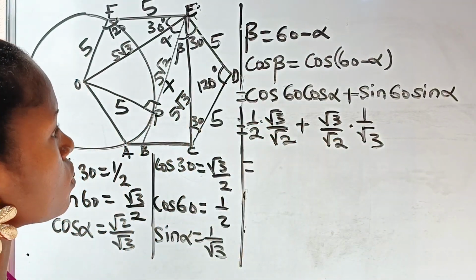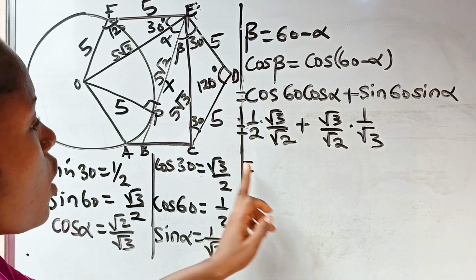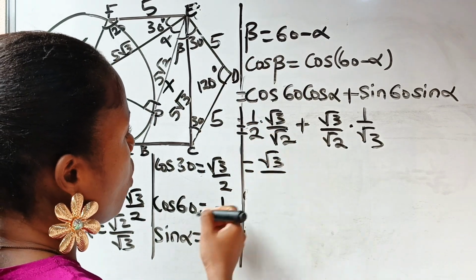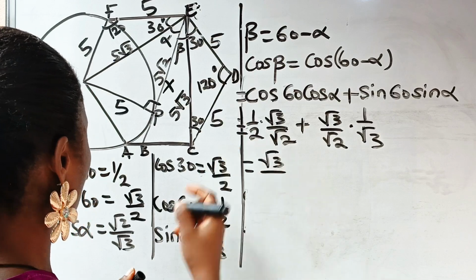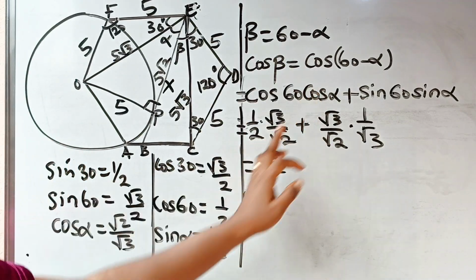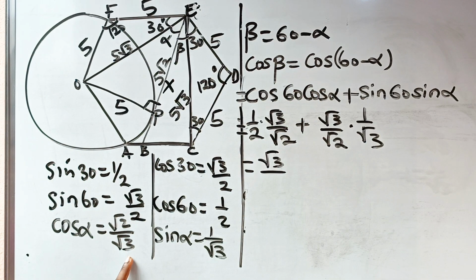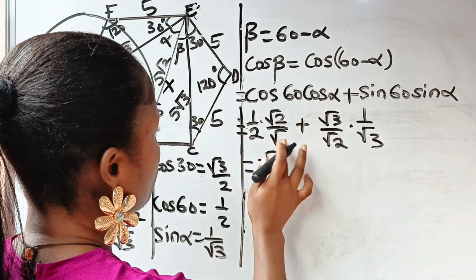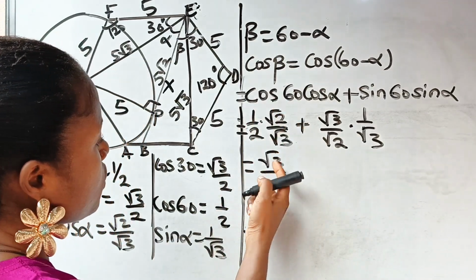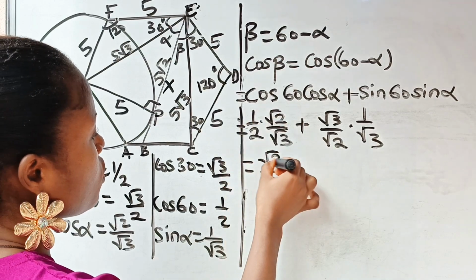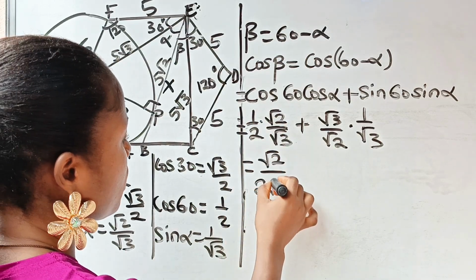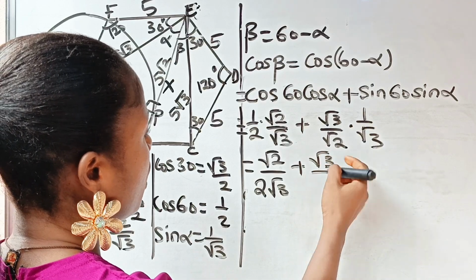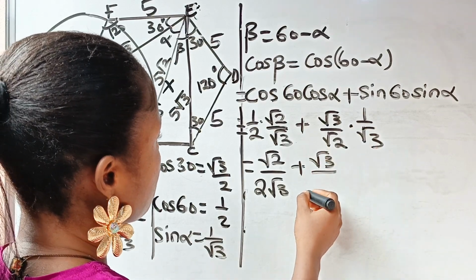So this is equal to, that is cos beta is equal to 1 times root 3 is root 3 over 2 root 2. Sorry, this is cos alpha. Cos alpha is root 2 over root 3. I wrote something else. This is root 2, this is root 3. So we are going to have 1 times root 2 is root 2, 2 times root 3 is 2 root 3, plus root 3 times 1 is root 3, root 2 times root 3 is